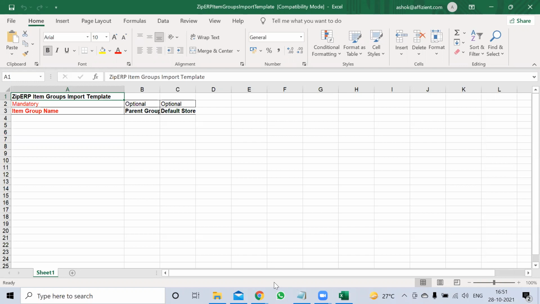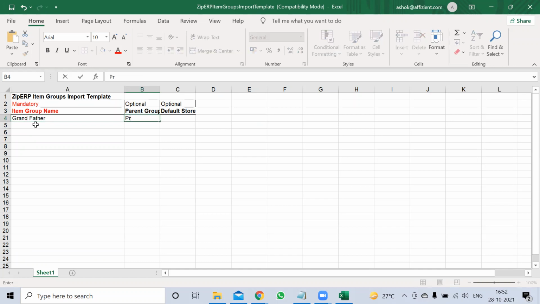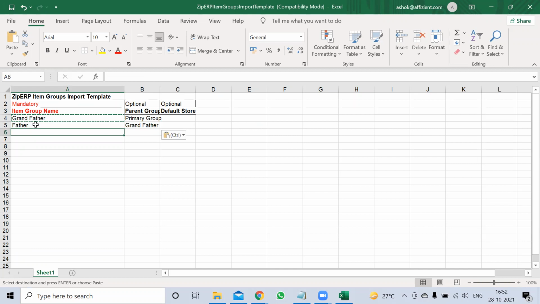You first type here in the 4th row, you type as grandfather. Parent group will be primary group. Now 5th row, you write it as father, father under grandfather. Now son under father.